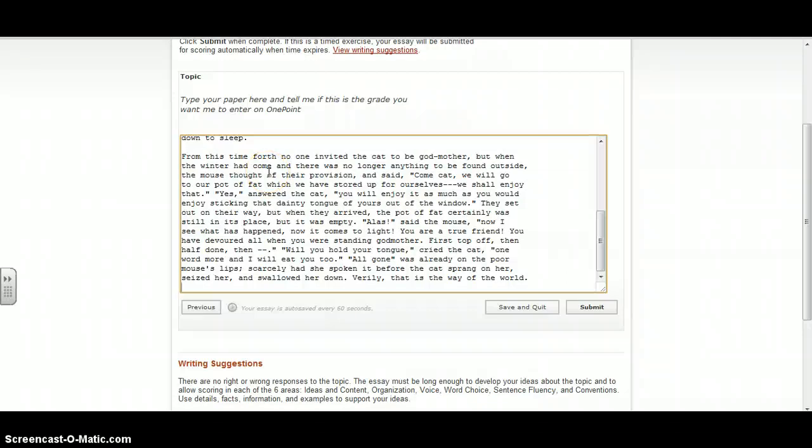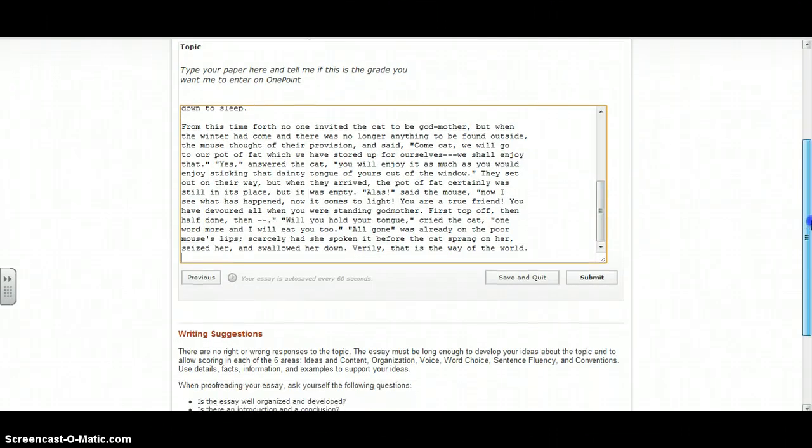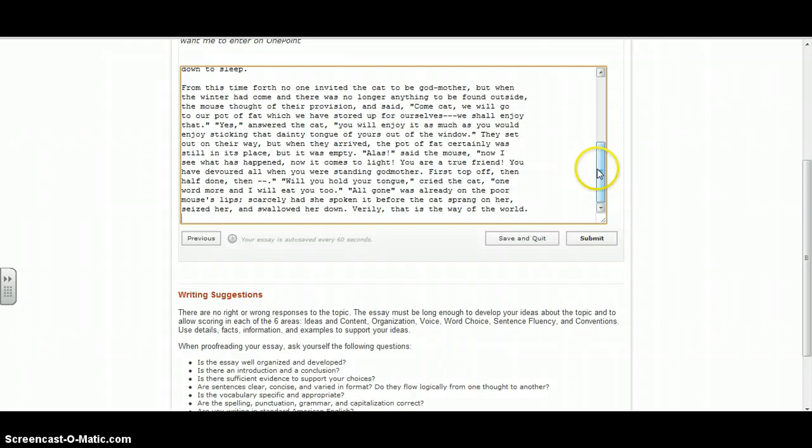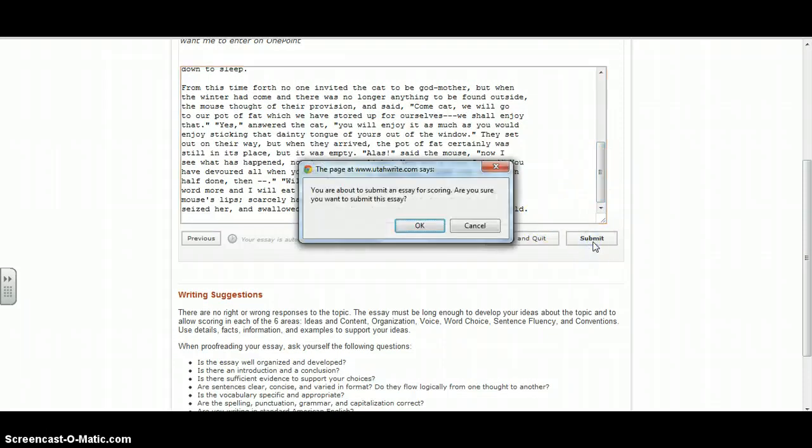Okay, so what I did here is I copied a story off the internet. Please don't do this. This is highly illegal. Or not illegal, but unethical. Anyway, just for time's sake, I just copied that. You click on submit when you're done. You may write it on Word and then copy and paste on UtahWrite. That is completely acceptable, as long as you wrote it. Click OK,